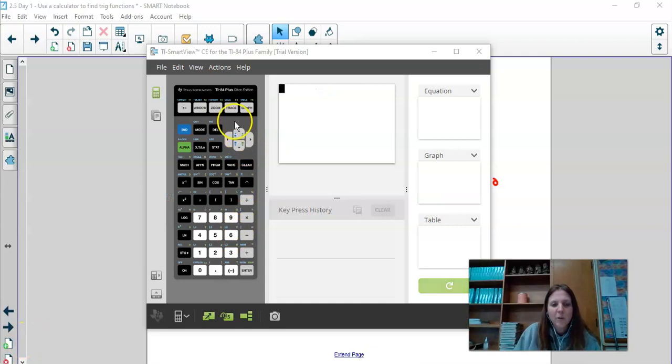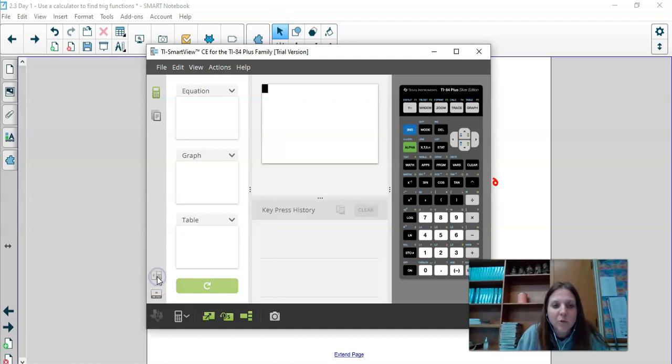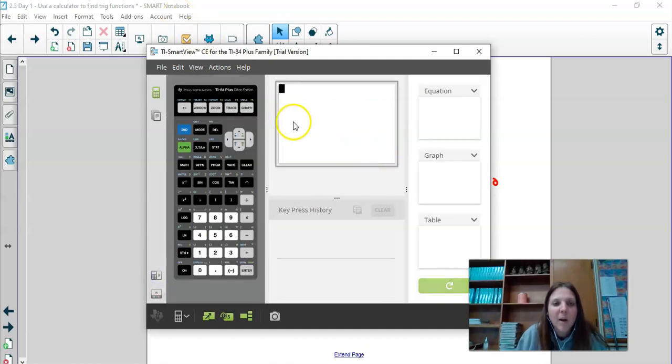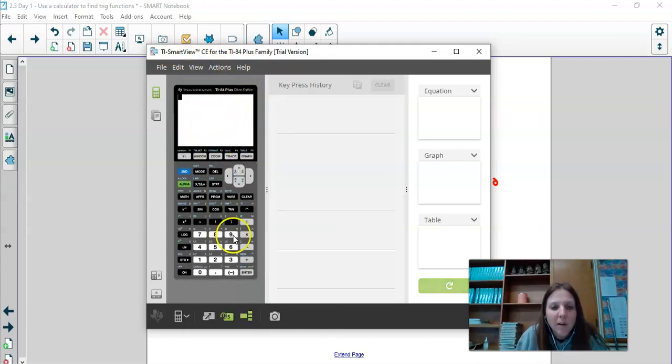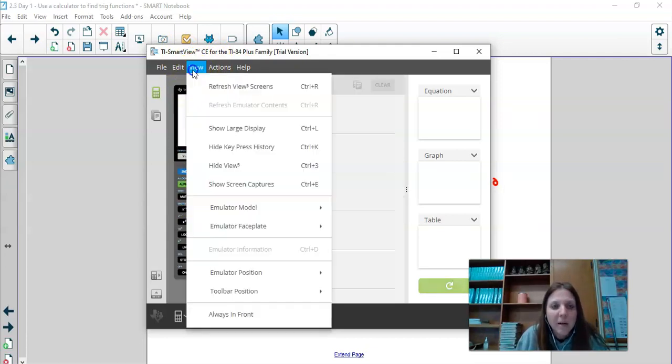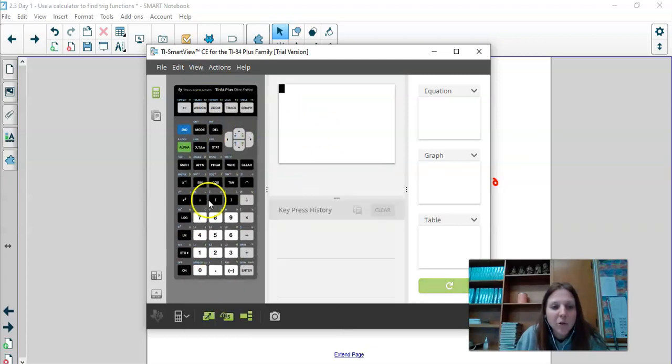So use the calculator that's embedded into your Chromebook, and it looks like this one. This one is a TI-84CE, just like yours. The only difference is the way that the screen is set up. My screen is up above. I can change the view so that my screen is part of the calculator, but that just makes it really tiny. So I'm just going to have the calculator screen next to my calculator so you can see the buttons